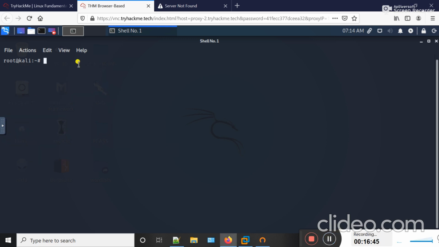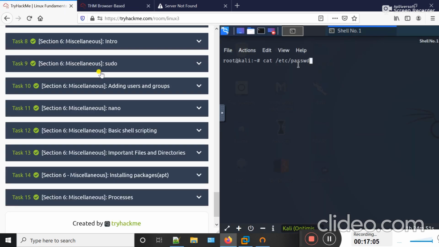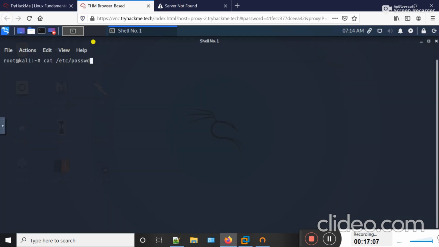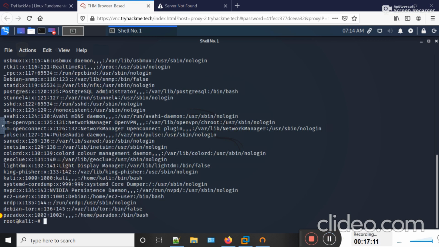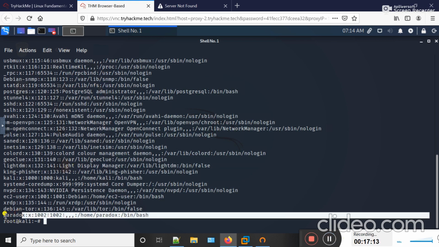Now I'm going to check whether the new user is created or not by using cat /etc/passwd and hit enter. So guys, you can see that the new user is created, that is Paradox.